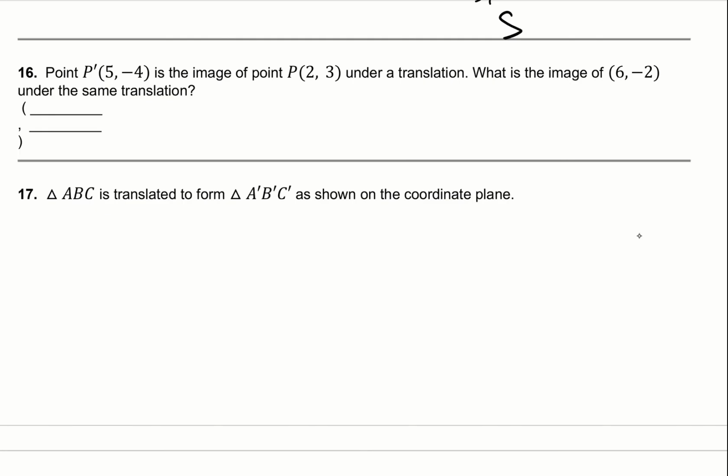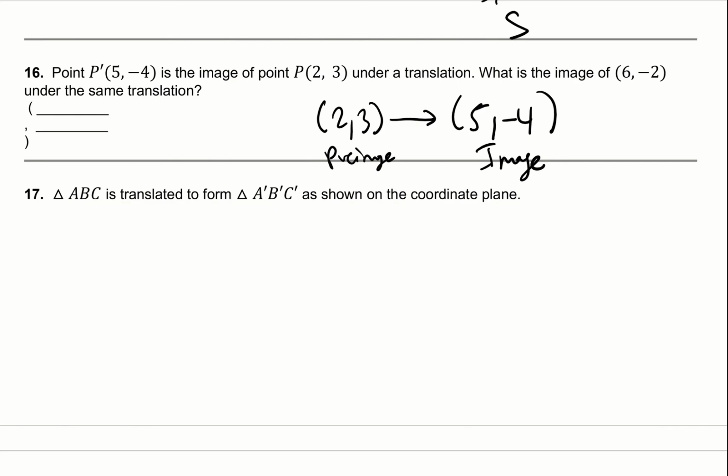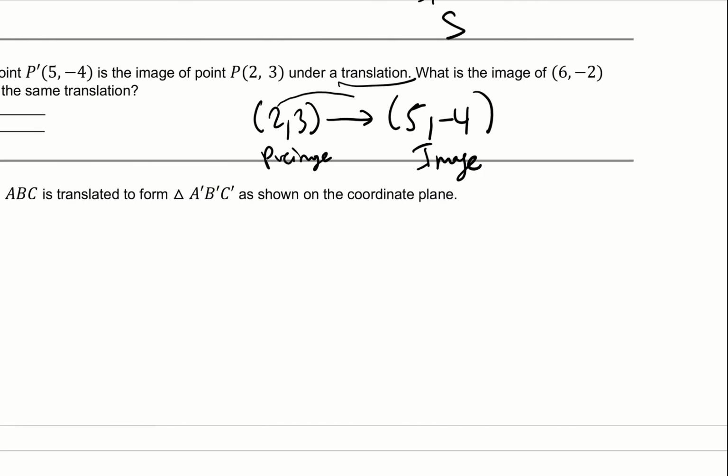Number 16, point P prime 5, negative 4 is the image of P, which is 2, 3 under a translation. What is the image of 6, negative 2 under the same translation? So P prime is the image, so you're going from 2, 3 to 5, negative 4. Remember, the pre-image is what you start out with. The image is the aftermath of the transformation. So how much are we going from 2 to 5 if we're doing a translation? Well, clearly it looks like we're going,